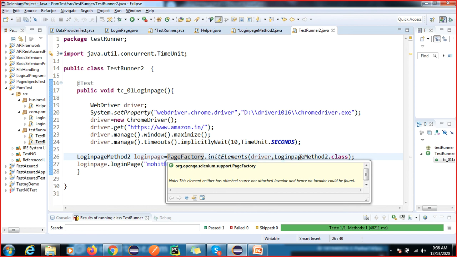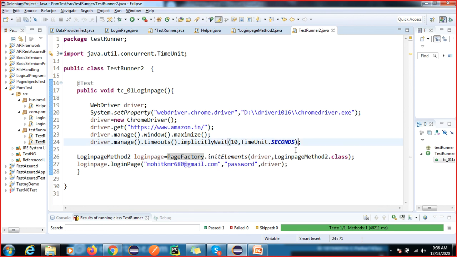The PageFactory is a class, and inside this PageFactory class we have a method called initElements. It will return the page object class type. You can see, and this is your reference variable, passing two parameters.